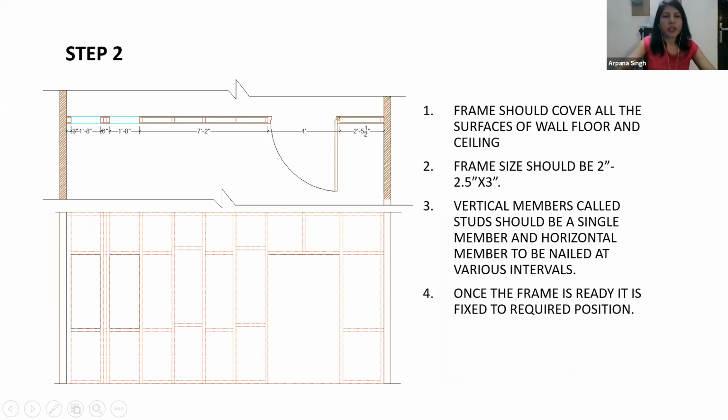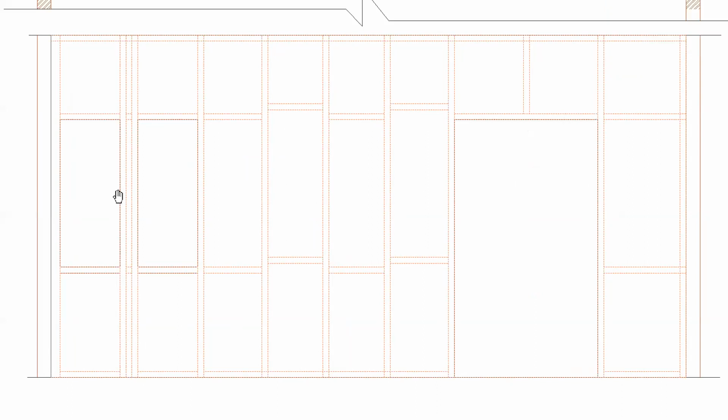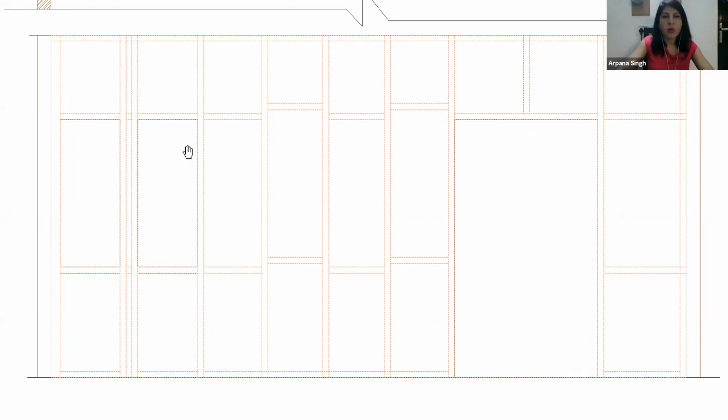Now, what you will see in the framing also, the main thing that you have to first of all keep in mind, is that for the windows and the doors, there has to be frames all around the door and the window, so that when you have to fix in the frame of the door, you don't have an issue. Otherwise, if there's no vertical framing, how would you fix the door frame to the partition frame? So there, you can actually see it properly that the framing is around the door, and here also framing is around the window on all the sides.